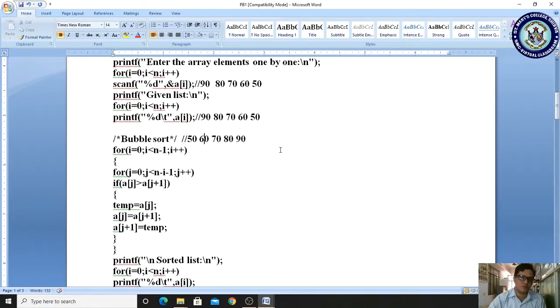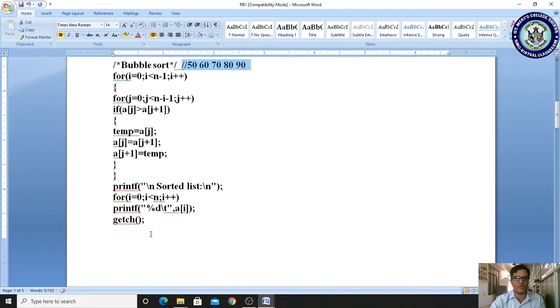So afterwards, where will the control go? Control will go for the incrementation of j. j becomes 1. 1 less than 1, condition false. So automatically it will come to the i incrementation. i becomes 4. 4 less than 4, condition false. So it will skip this block. Okay, now the sorted list has been stored. Now we want to print that sorted list.